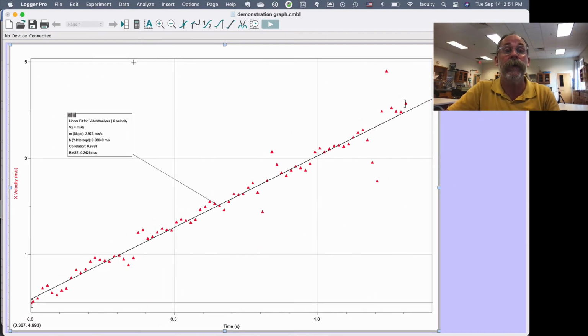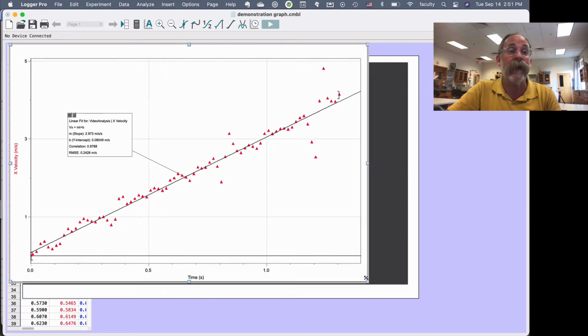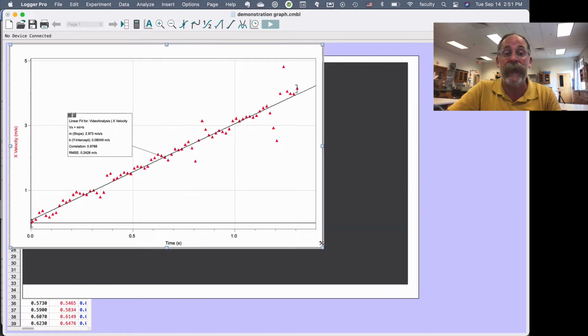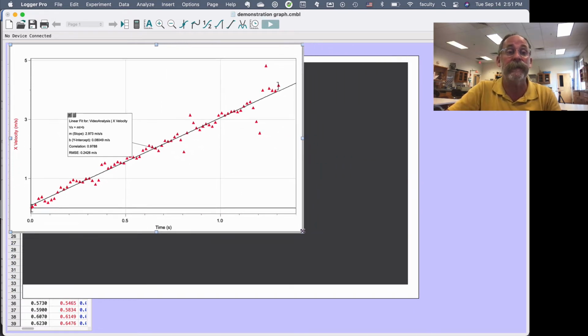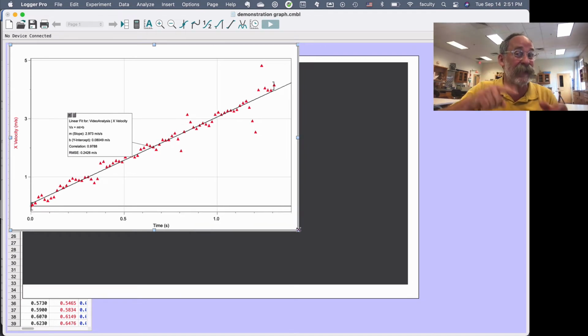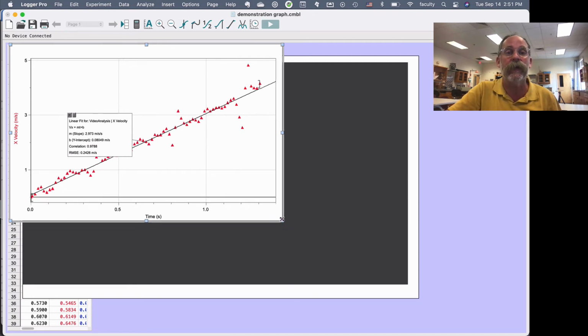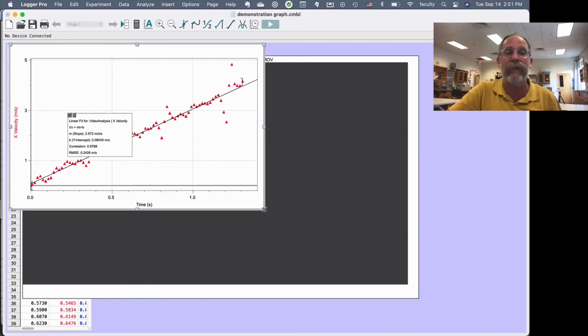I'm going to go here to Logger Pro, and I'm going to actually make this smaller. But notice that as I make the graph smaller, all of the text and numbers stay the same size. Because they're staying the same size, they are now bigger in proportion to the whole graph. So when we bring them over, they're going to be more readable. I find for me, I usually get good results when I make the graph on screen about a quarter the